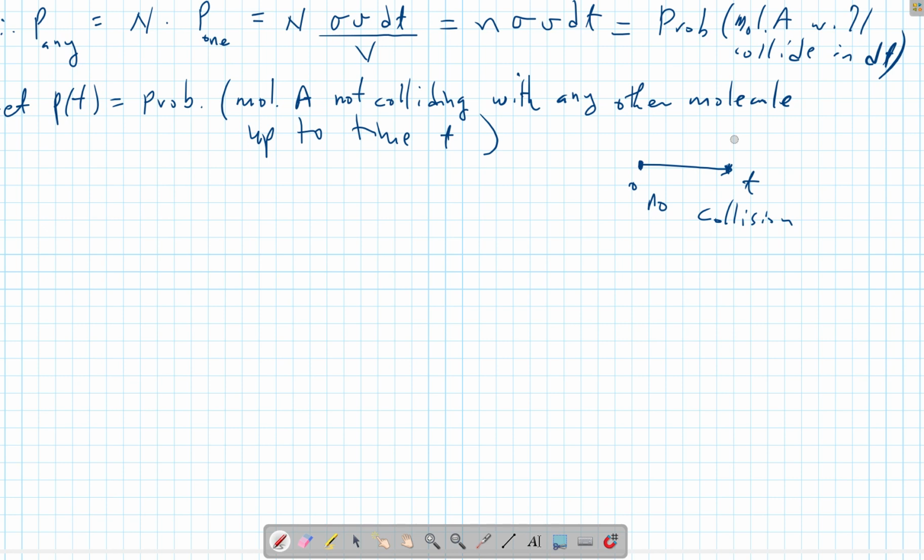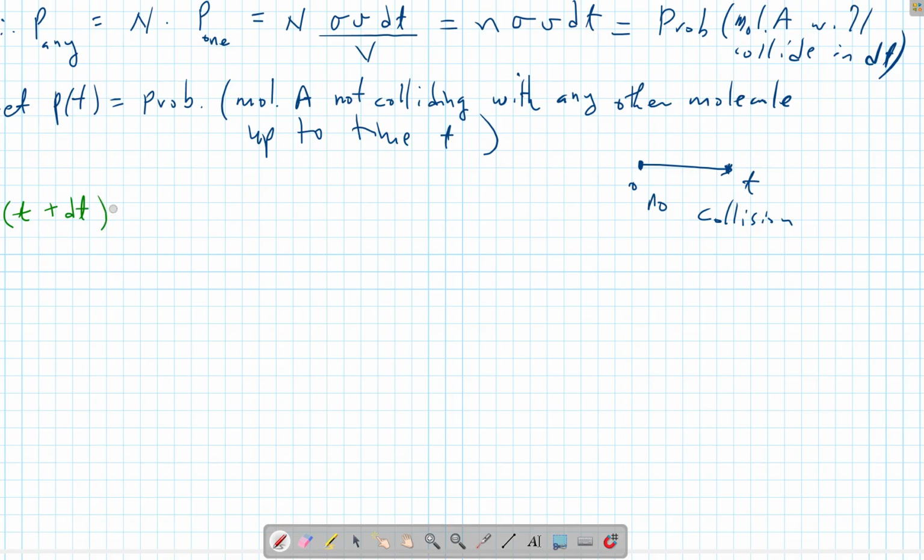This probability, we call it PT. Okay. From this definition, one can see that the probability of molecule A not colliding within time t